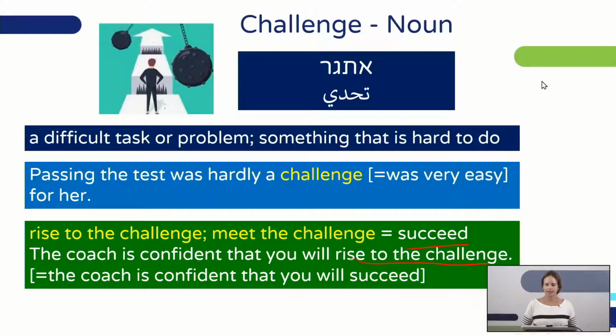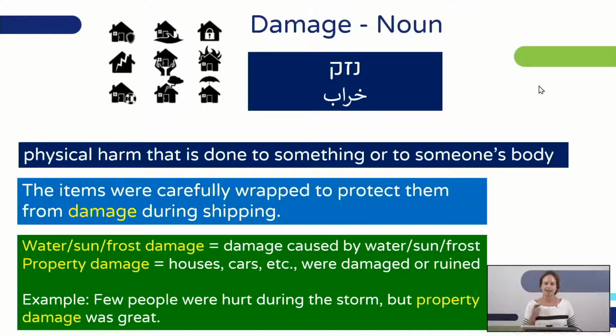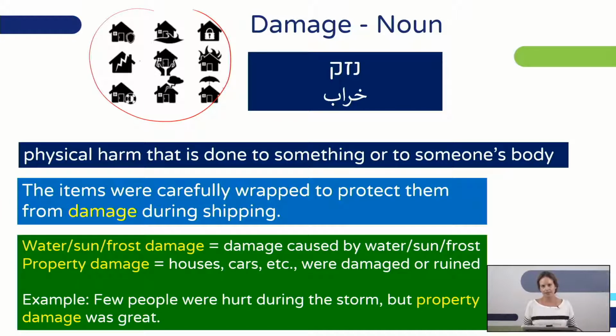The next word is damage, okay? Damage is a noun, nezek. Now I chose to pick a picture of houses that have been damaged, okay? One house has been damaged by lightning, one house has been damaged by severe rain, one by fire, okay? So damage, the English definition is physical harm that is done to something or to someone's body. Okay, so an example of a sentence would be, the items were carefully wrapped to protect them from damage during